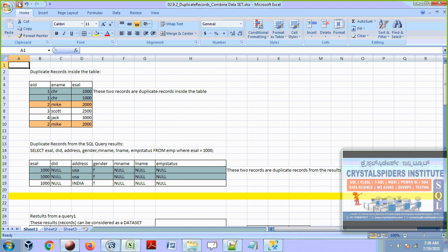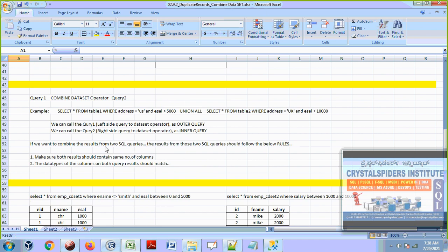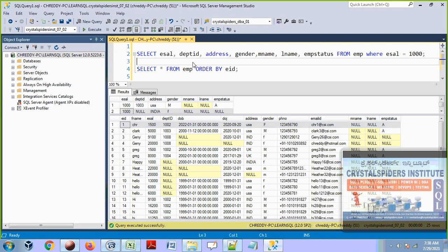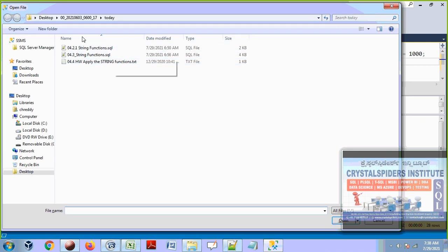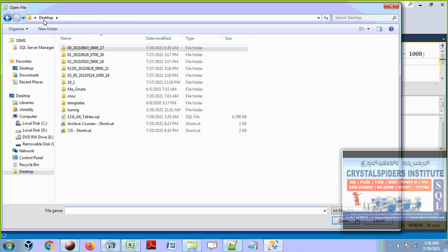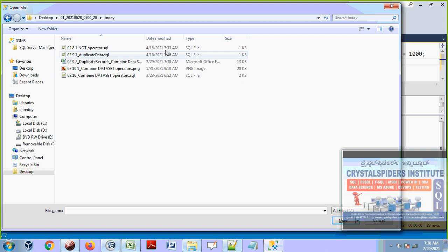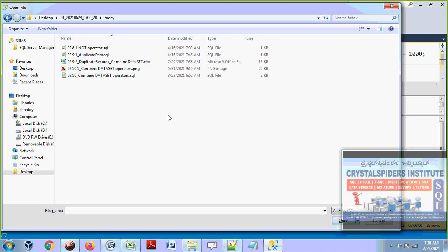Now we are going to see the same thing on the system. I am going to take these two queries, the same two queries. I already have them in my SQL file and I am going to use them. I have the tables also. I shared all the tables with the scripts in the last session, the tables we are going to use in our classes. Some of the tables are missing, so I can give you those tables today.